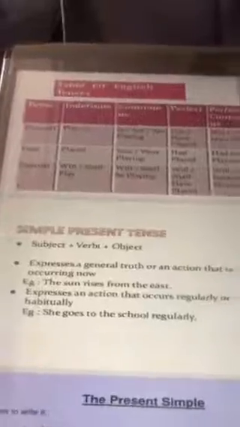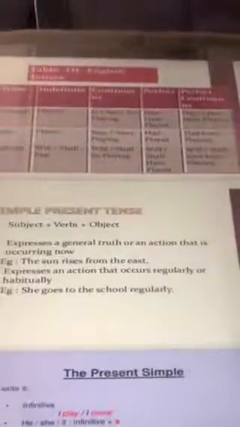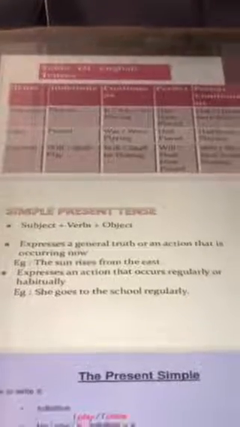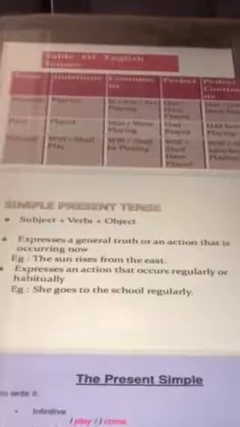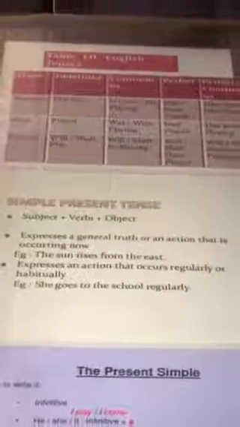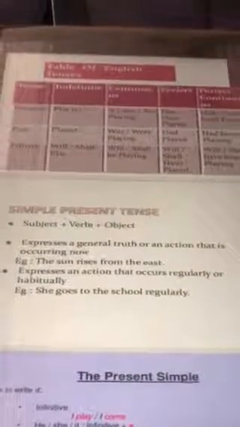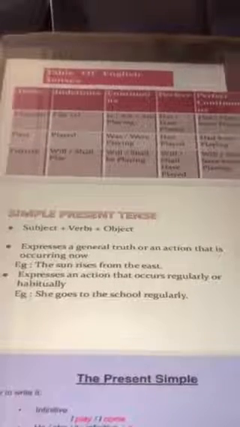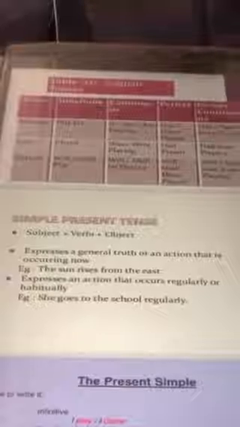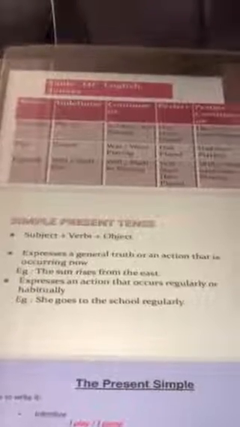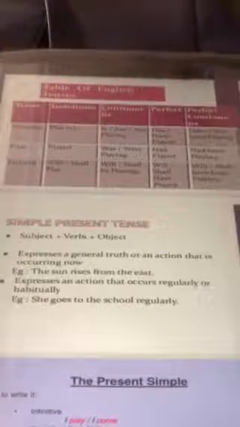Now, simple present tense is, I would say, the first tense of all these 12 tenses which you need to understand, and the format is subject plus verb plus object. To be able to understand it, you need to have a knowledge of what is a subject in a sentence, what is a verb in a sentence, what is an object in a sentence. Now, subject in a sentence. To comprehend what a subject is, what can be a subject?